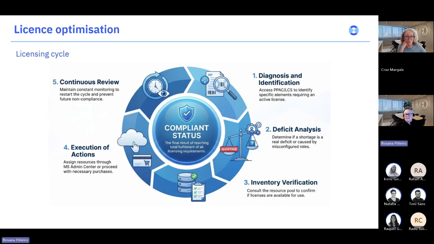It's a fully regulated state where full license compliance has been achieved. The cycle is ongoing all the time, and it requires constant monitoring to prevent future non-compliance. Any changes made, any new users added can create the non-compliance status again.